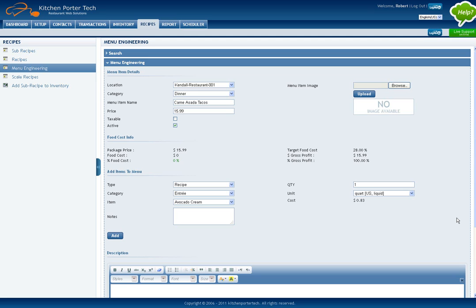Once you load the menu engineering screen, you'll select the location, because you can have multiple locations within our software and have different menu items, or they can be the same. You'll select the category that they fall into, dinner, lunch, or breakfast. Give it a name and a price. If you don't have a price, you can do that at the end. And mark it as active. As you scroll down, you'll notice there's a food cost info, which will start populating once we start adding